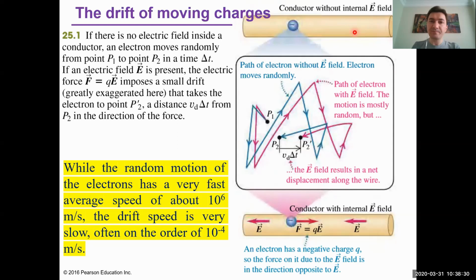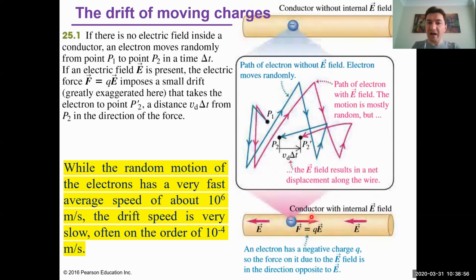But what do you see here? This is the first position of the electron, and this is the final position, P2. So there is no huge difference between the two positions. But what happens if we apply an electric field? So in this direction, for example,